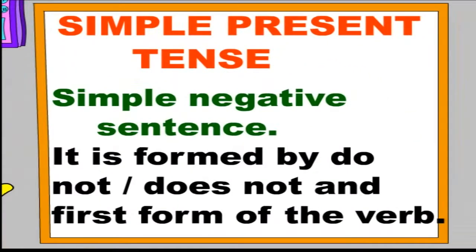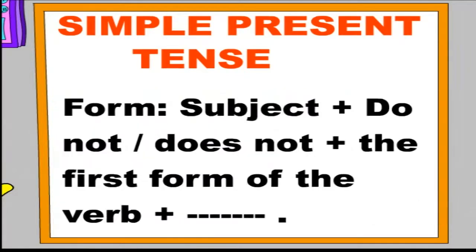Simple negative sentences. It is formed by do not or does not and the first form of the verb. Form is subject plus do not, does not, plus the first form of the verb plus the activity. Examples: